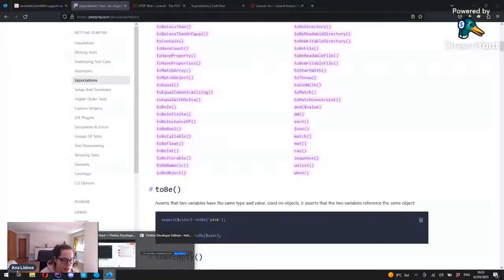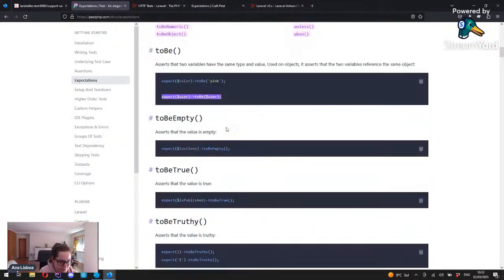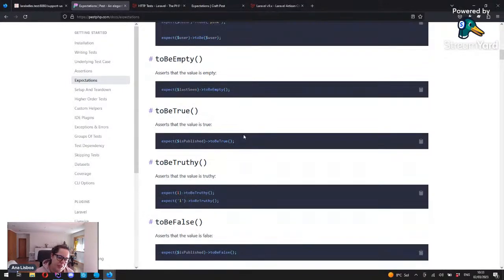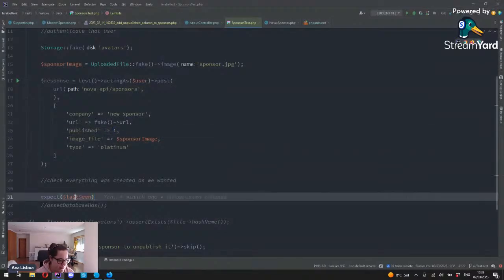So I was actually a little bit not confused, but when something is new to you, you need to read it. And I was trying to find also a good example to show you. So from the documentation, we can see that the base thing that we need to do is to expect that our user,